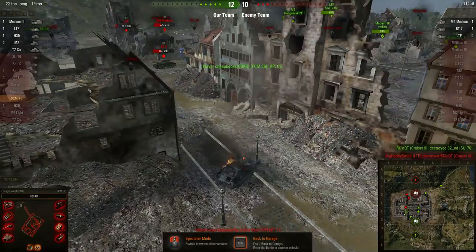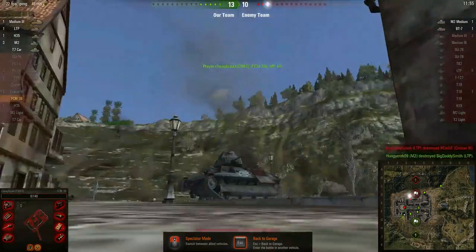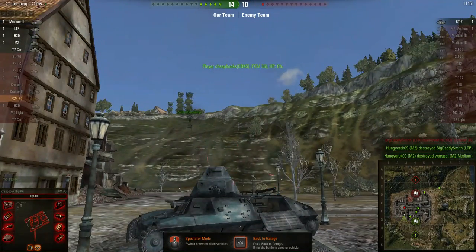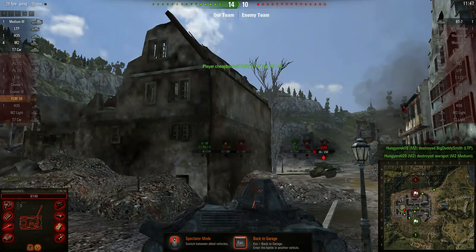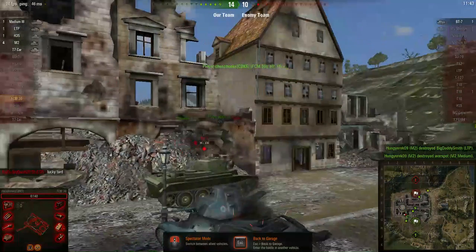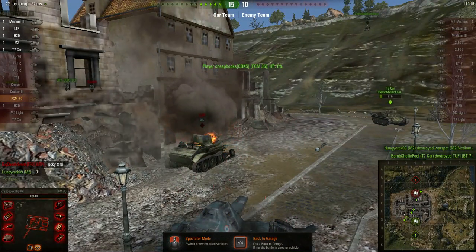I wish I had that BT-7. So the FCM-36, it's a slowish tank. It's big. You know, it's an easy target. In fact, I wonder if that other tank I was shooting... No, I don't know. But it's not the funnest tank to drive. But I also haven't upgraded it yet, so...